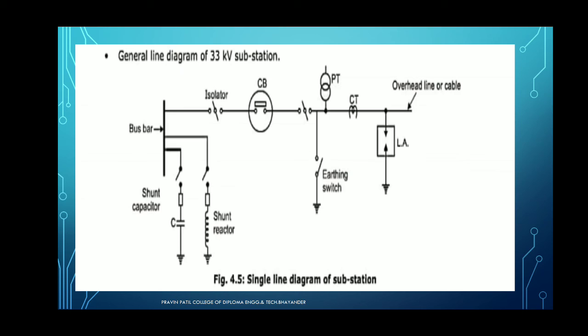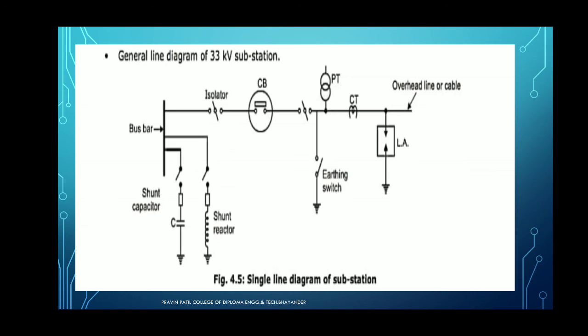Next, the bus bar. The bus bar is the source which receives the incoming supply and delivers it to the outgoing supply with the help of a common point. So this is the common point which receives the incoming supply and delivers it to the outgoing circuit. That is the main function of the bus bar. So here the bus bar is connected. Then the shunt capacitor and shunt reactor are fed to the bus bar system, which diverts the main current towards the earth, as the earthing is also fed to the shunt reactor and shunt capacitors.